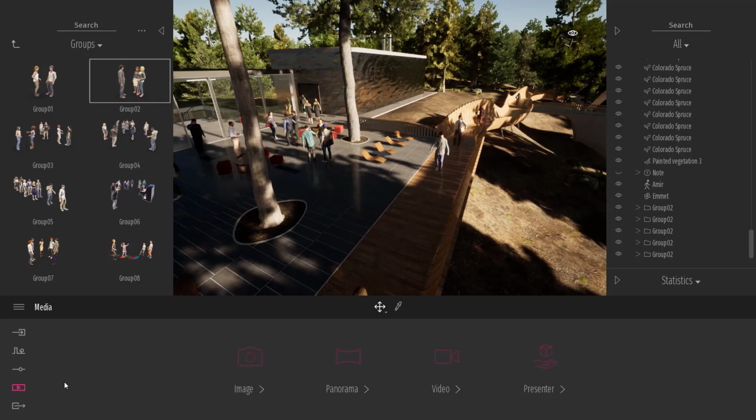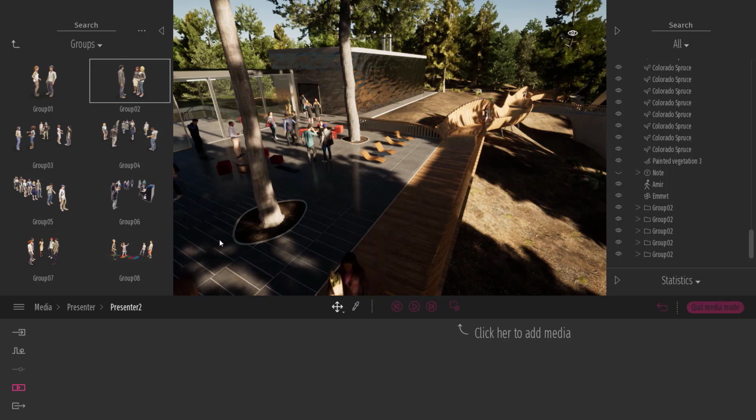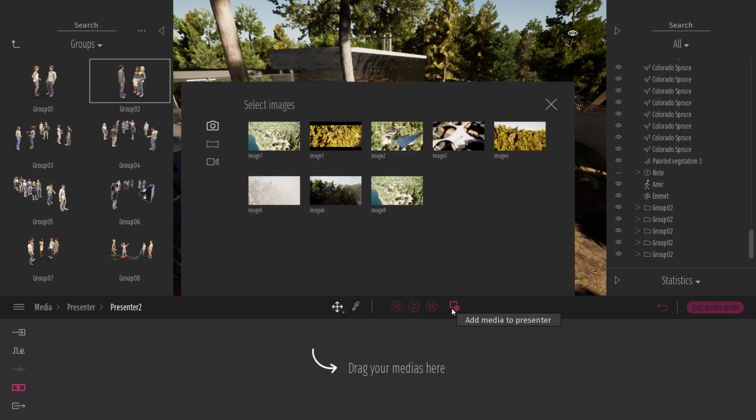Finally, with Twinmotion, we can export images, video, we can also export 360 images, so panorama. And then we have what we call the presenter. The presenter is a standalone executable file of your project that doesn't require Twinmotion. It just exports a .exe that you can send to your client so he can immerse himself into his project. So this new presenter works like a PowerPoint on steroids.